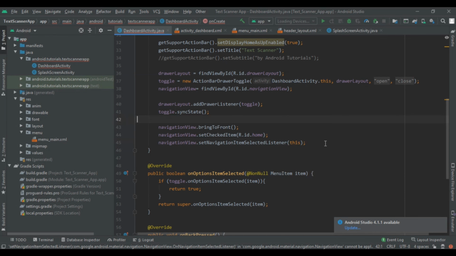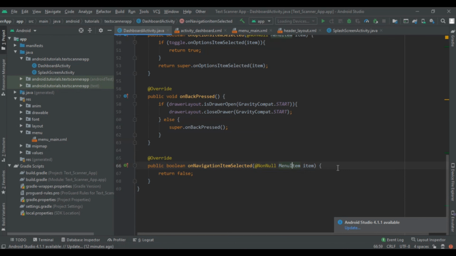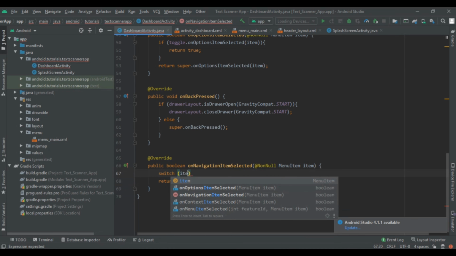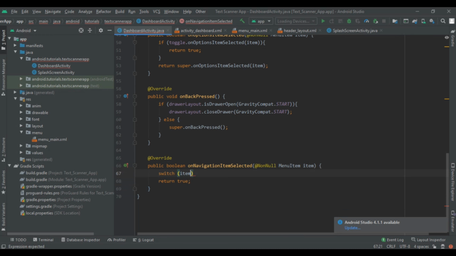Now we are going to add the three intents and one drawer closure, one feedback button which will open the mail, and share and rate functionality. So let's get started with applying all the things. First return true, and here we have to type switch and type item.getItemId, and here we are going to start our switch and write all the cases first.